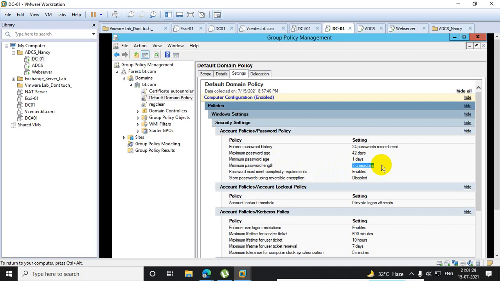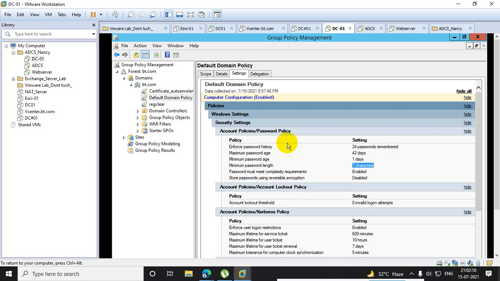Siddharth, one question. Can I change the maximum days for password age? Exactly. But remember, this is the default domain policy. You cannot, because an organization cannot go beyond the Microsoft policy. Because the default domain policy is the compliance. Always remember. Yes, definitely you can change, there is no doubt. But you cannot change this default domain policy because every organization should comply with these settings.